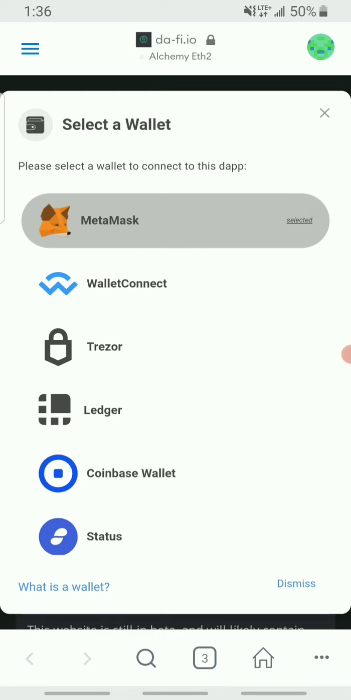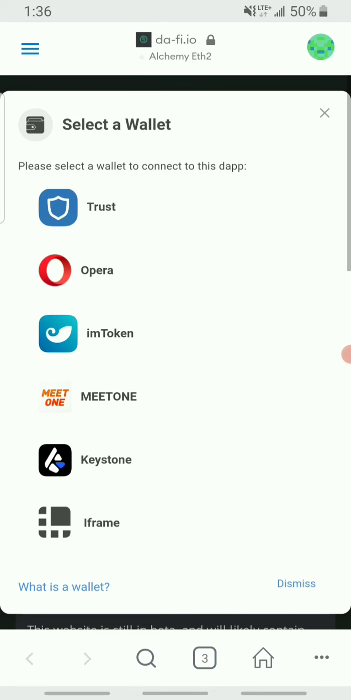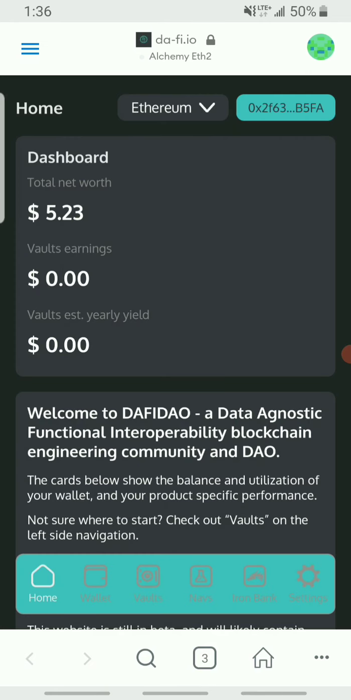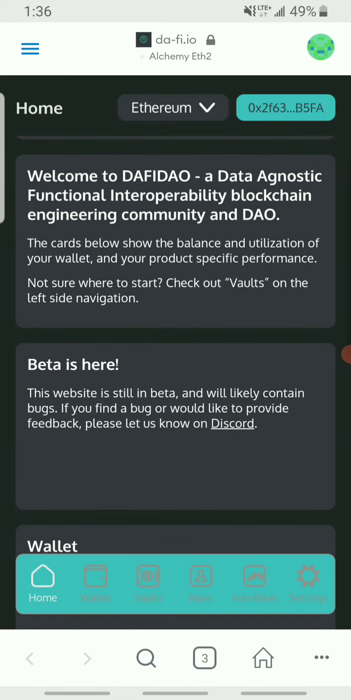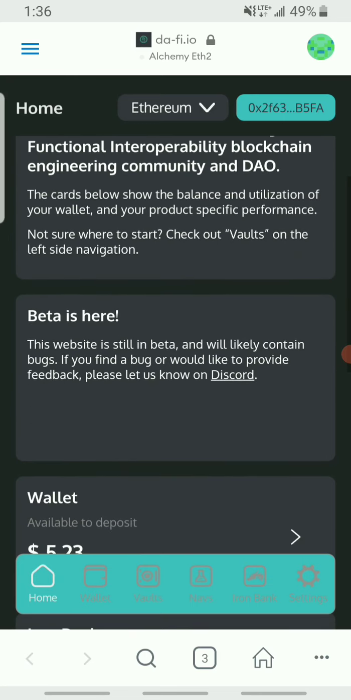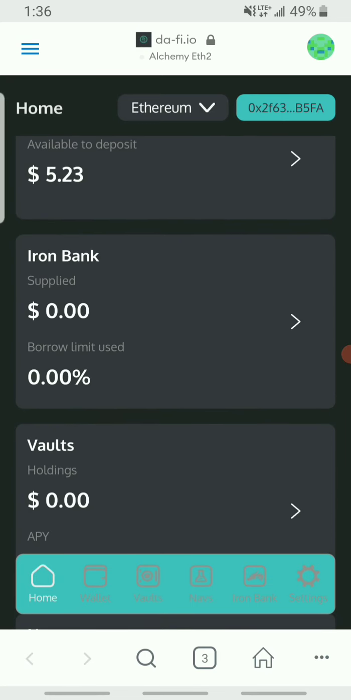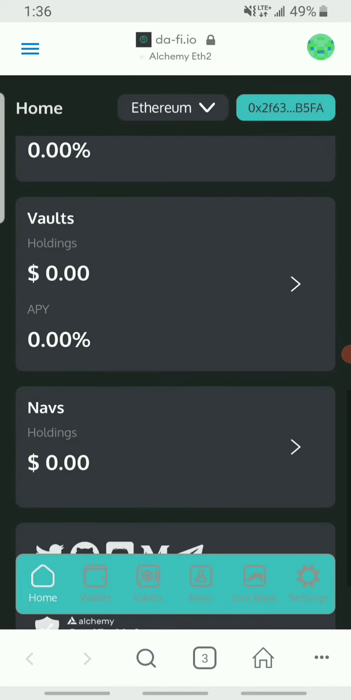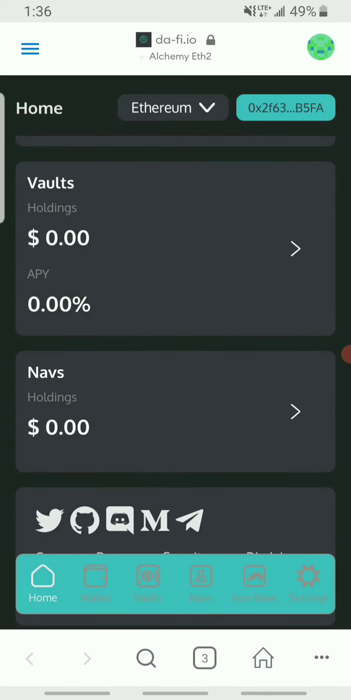So, we'll dismiss this. We even have this down here. What is a wallet? There is information out here. Let's see what's going on here. So, it's relatively straightforward. There's your wallet. There's Yearn's Iron Bank, Yearn's Vaults. And that's where we're going to house the components of the neural arbitrage valve,